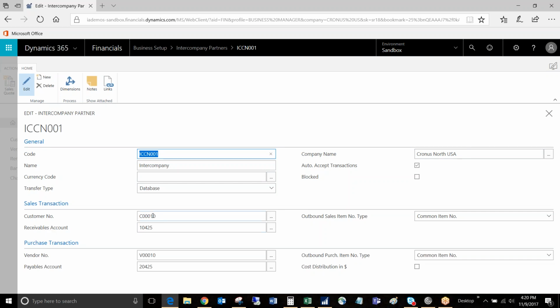Then down here, we identify who the partners are. So you can do intercompany transactions for customers and vendors. You just would come in here, add the customer number, add the receivables account that you want it to be posted to, and then you would do the same for your vendor. So once you have set that up,